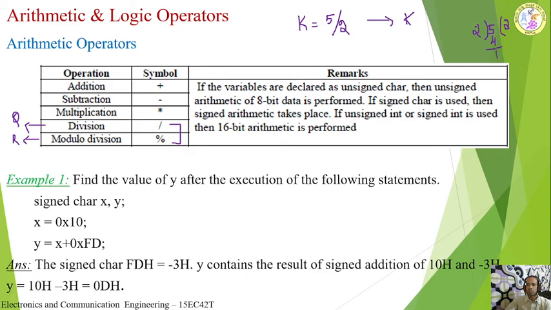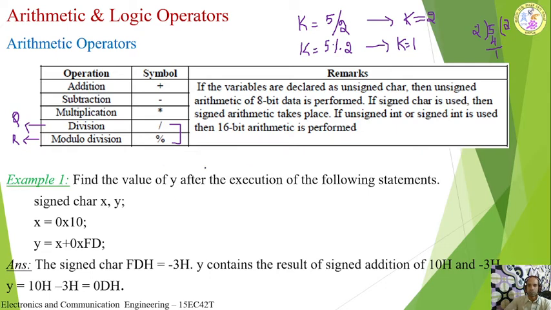Now when you do k is equal to 5 divided by 2, this is a division operation. So after the execution, the value of k is equal to 2. The quotient will be stored here. Now instead, if I use k is equal to 5 percentage of 2, which is a modulo division, instead of slash, what answer will it store? It will do the same operation, 5 by 2. It will divide number 5 by number 2, but it will not store the quotient, it will store the remainder. What is the remainder? 1 is the remainder. Therefore, k is equal to 1 after the execution of this statement. That is the difference between division and modulo division.